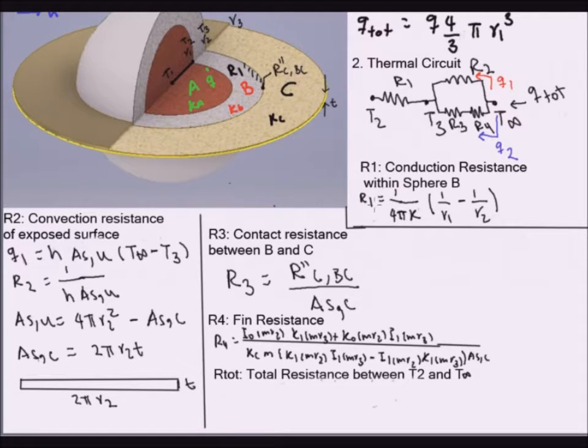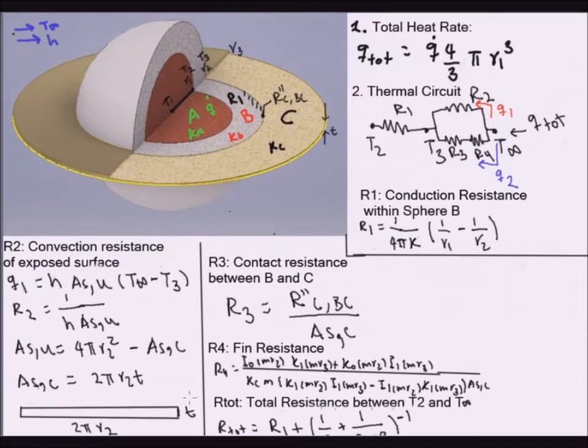So the total resistance is just going to be R total. This is going to be R1, and it's in series with the overall resistance of R2, R3, and R4. And R2 is in parallel with R3 plus R4. So we'd have 1 over R2 plus 1 over R3 plus R4. And then you take the inverse of that. So this would be what our total resistance would look like. And now with this expression, we can find what T2 is, just knowing the overall resistance and the temperature of